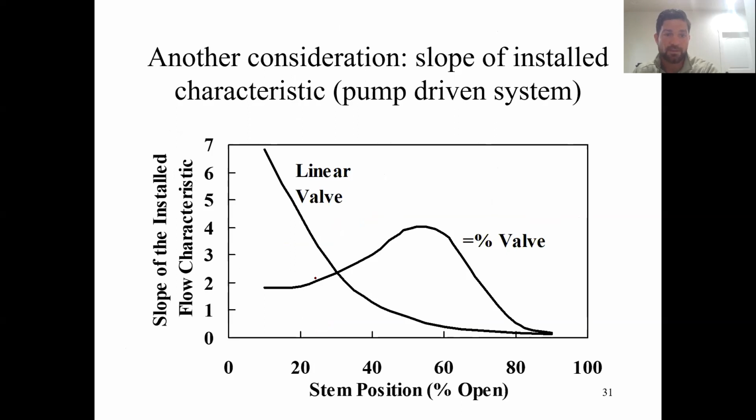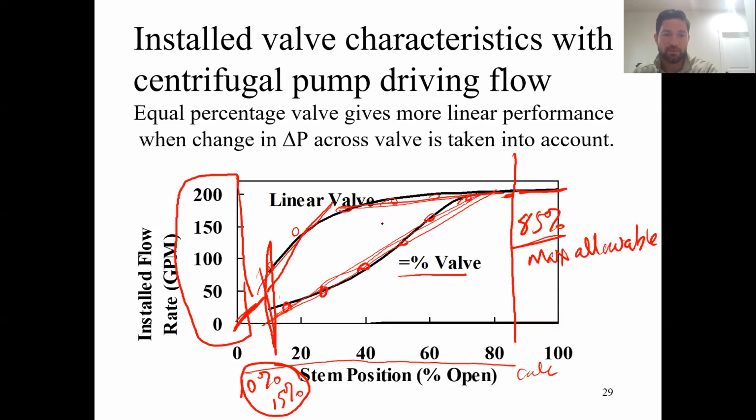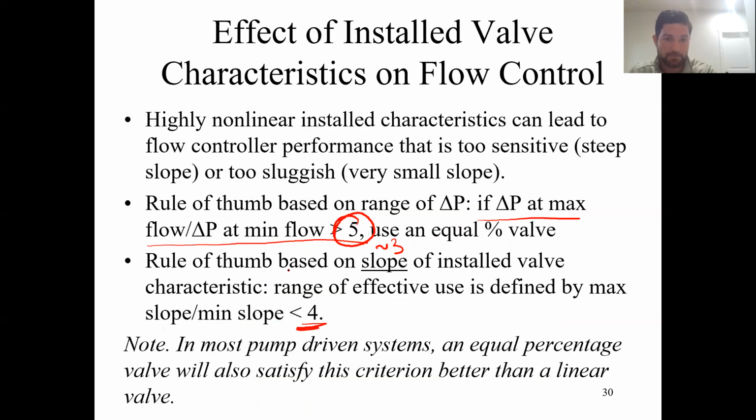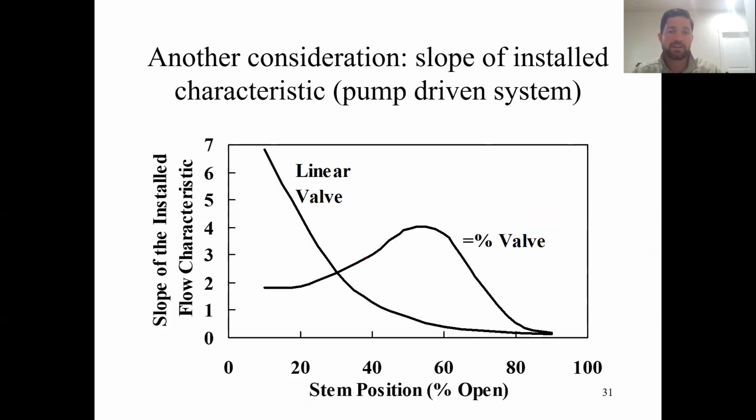Okay, so here's what we mean, the slope of the installed characteristics. If we go back and look at this curve, we can take the slope at each point. So we can calculate the slope. Again, if we tabulated this data in Excel, you can take the slope just by taking the difference between 2 points. Okay, so if we look at this data right here and we take the slope of the installed characteristics